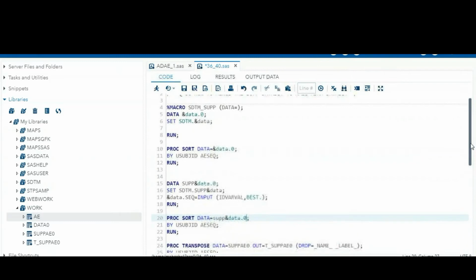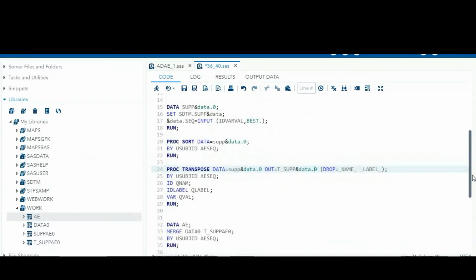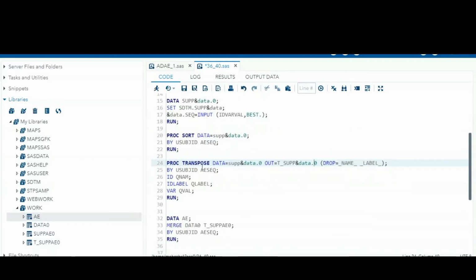Next is transposing the data. The same dataset, copy it and paste it here and here. Instead of this, ampersand data dot. Wherever the dataset name appears, I am replacing it with the macro variable name, so that whenever we pass any other dataset, it will be replaced here.